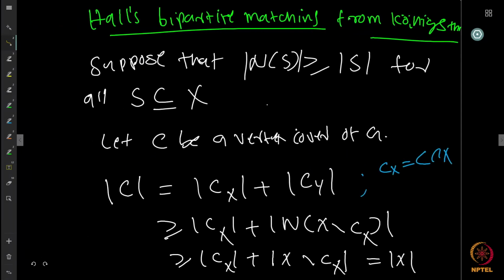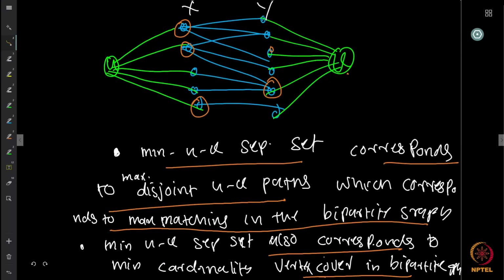Because we started with any arbitrary cover, in particular it could have been a minimum cover. So if I started with a minimum vertex cover, it has at least these many vertices. But what we proved earlier by Konig's theorem is that the cardinality of the minimum vertex cover is actually the cardinality of